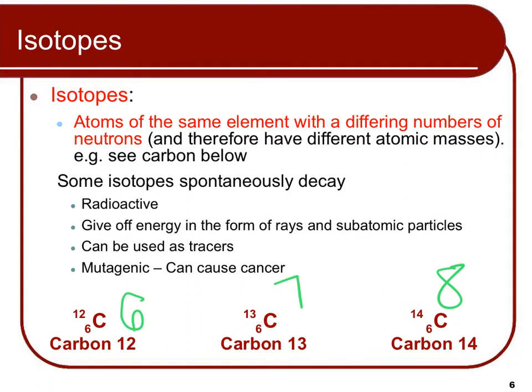This carbon has 7, and this one has 8. These are called isotopes. They have a different number of neutrons. And a lot of atoms have that. And sometimes if they have too many neutrons compared to protons, they become unstable and they give off energy, which